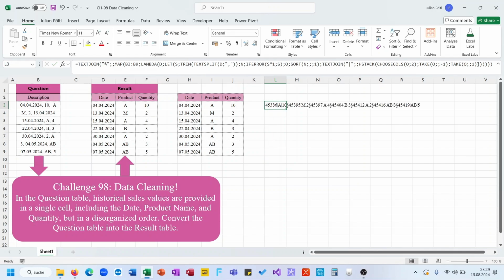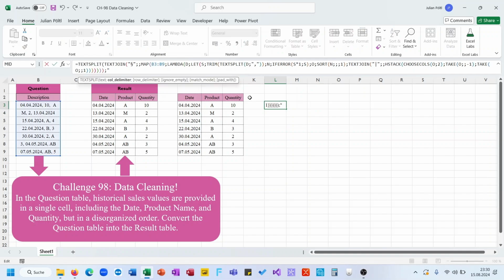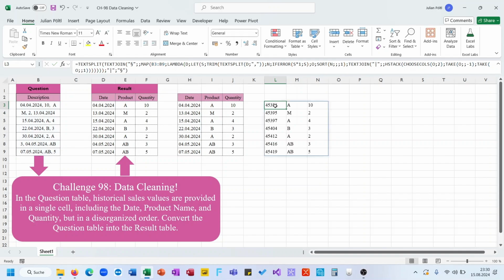And now you could use TEXTSPLIT to split your column delimiter. Then it's the line we used, and your row delimiter is the paragraph sign we used for concatenating the rows. And then you would also get this, but you have two flaws here. One, the formula is a little bit longer, so even without the header we are longer than before, and you don't have